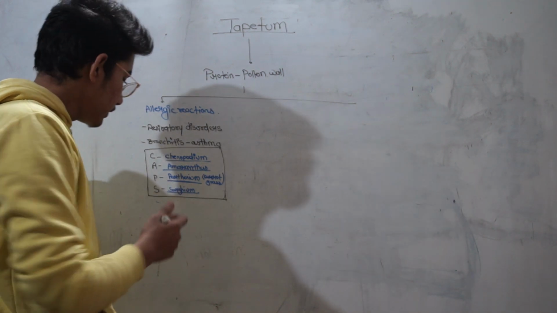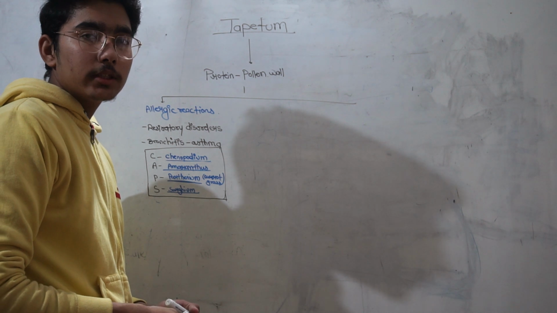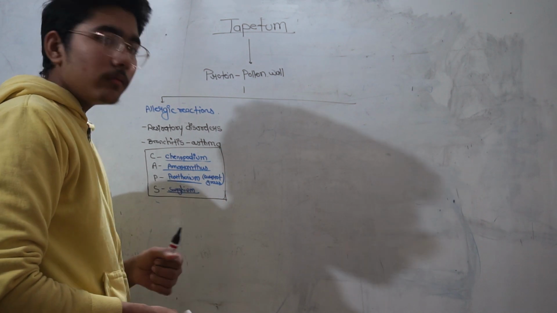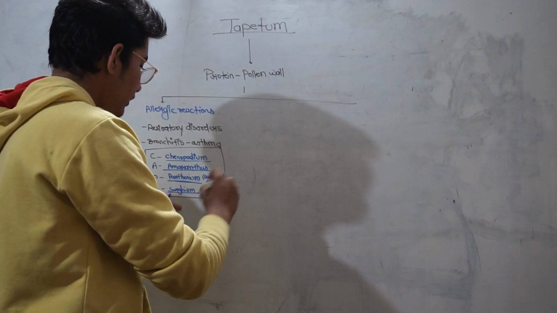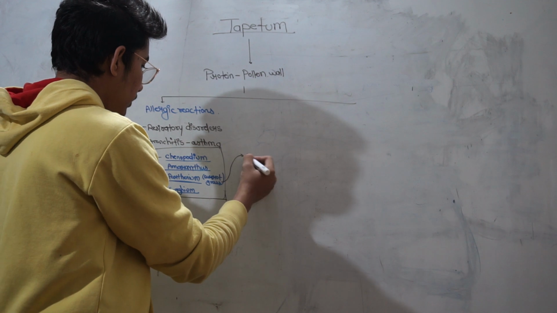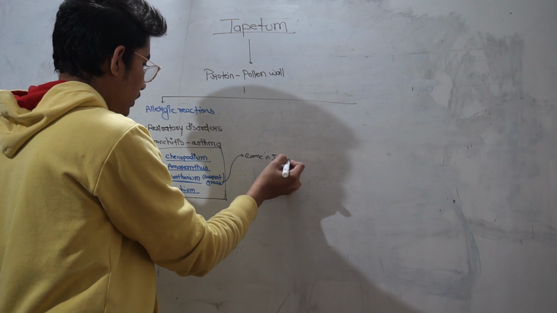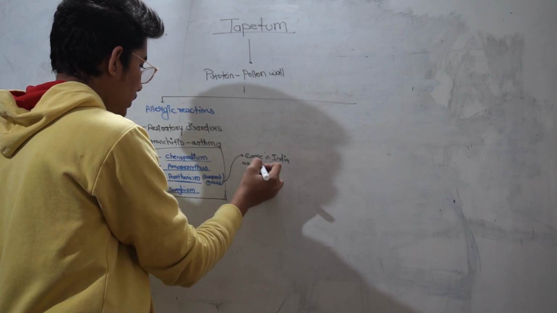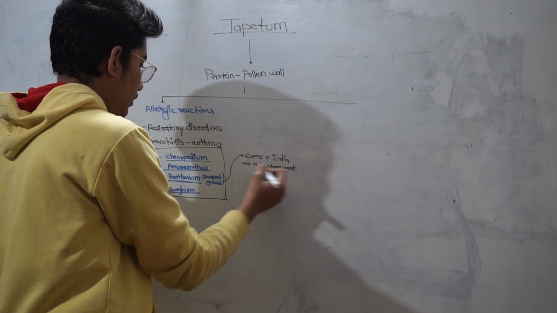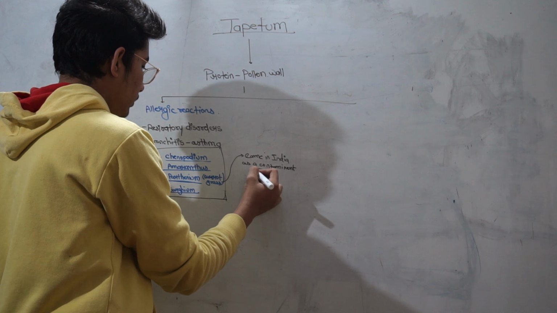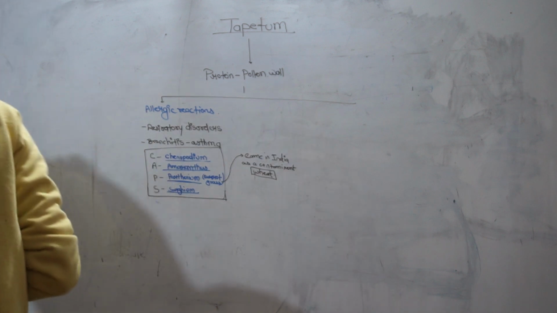Now, this parthenium, which is carrot grass, came into India as a contaminant of wheat. Now, second is